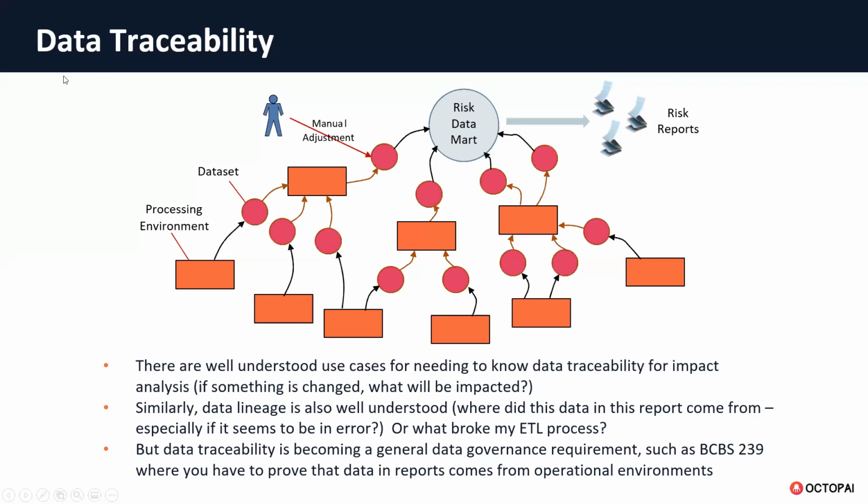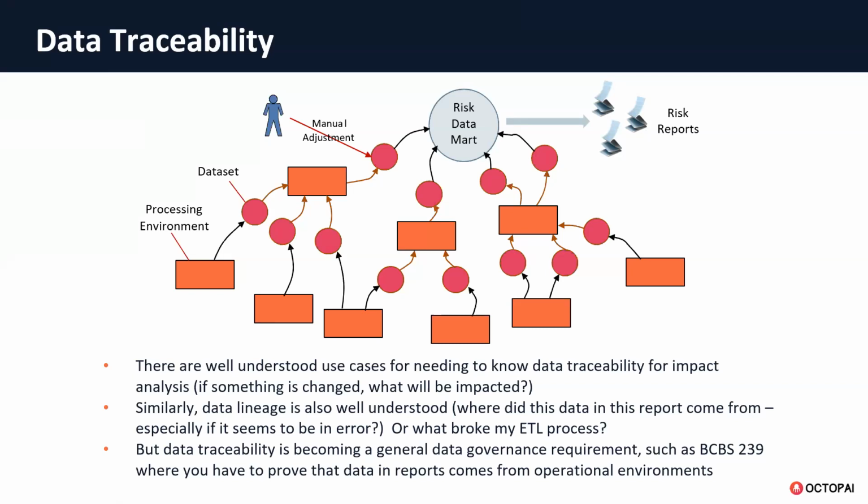Data traceability. This is something else I just wanted to bring out, which is another major reason that we need data catalogs. As we're all probably aware, traceability for impact assessment is very much needed, which is to say, if I change something upstream, what is it going to change downstream?